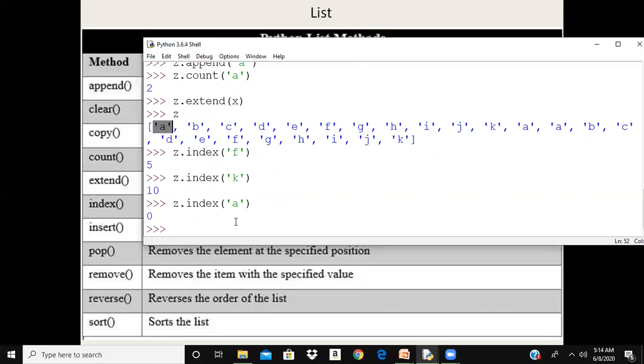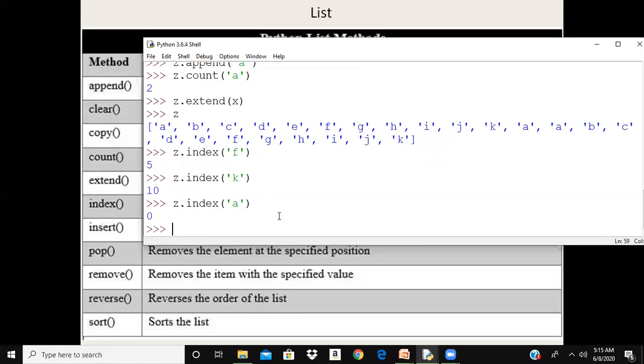So index will return the position of the first occurrence of the element. If a particular element occurred a number of times, it will return the position of the first occurrence of that element. In the same way, it is giving 10 here because this is at the 10th position. We got another k. It is not considering the second occurrence.